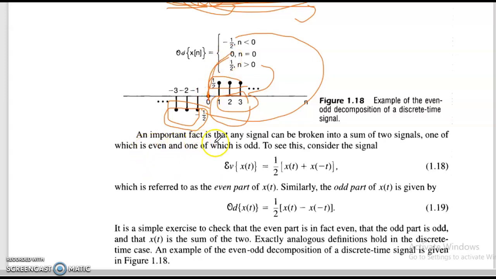An important fact is that any signal can be broken into a sum of two signals, one of which is even and one of which is odd. To see this, consider the signal